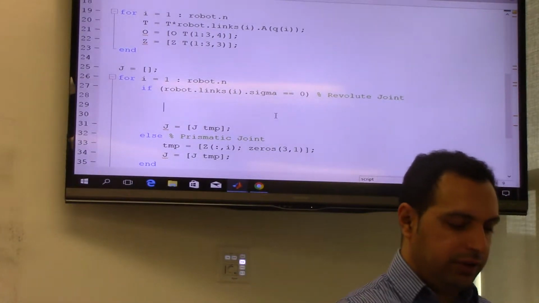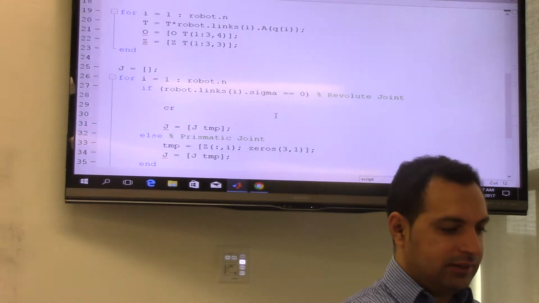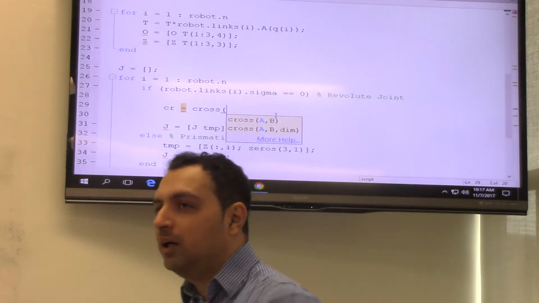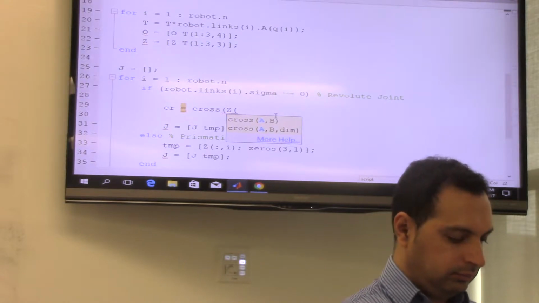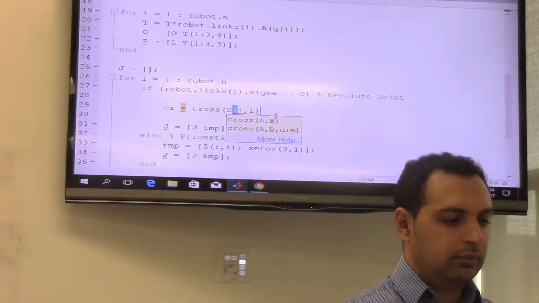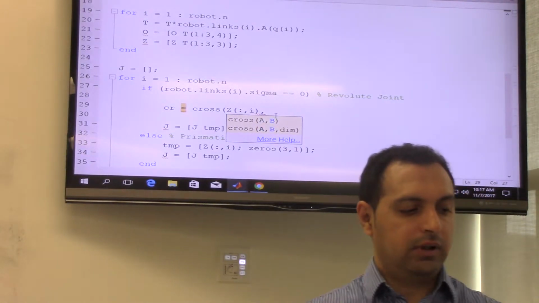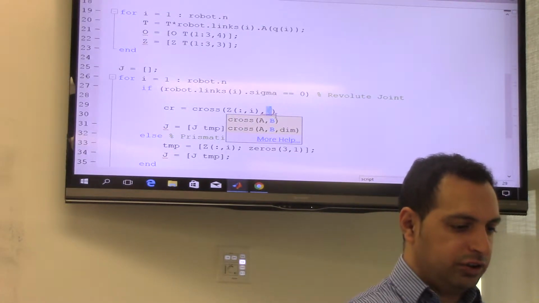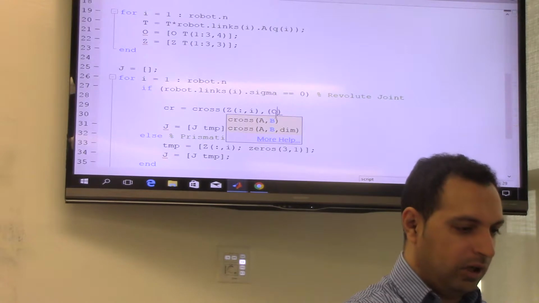Okay, so what we'll do is we'll first define the cross product. So I'm just going to call it cross as this. So this will be cross of Zi minus 1 will be Zi. So this will be Z of, times, comma, will have difference of 2 vectors. So this will be, what is ON? How can I write ON? Robot dot n. Exactly, O of the last column, so O of